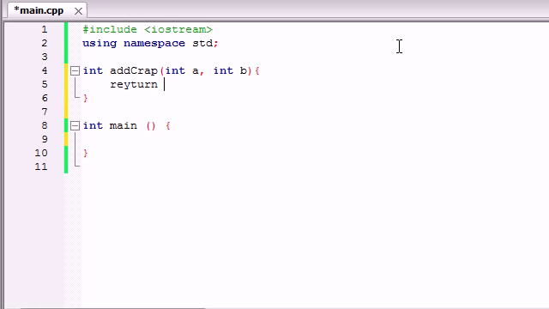So, return a plus b. There's your function right there, add crap. It adds two numbers together. So whenever you want to use it in your main, you would need two integer variables, like int x equals 7, y equals 43, and we'll store the answer in a variable called z. So now we would put z equal to add crap, and we would just throw our